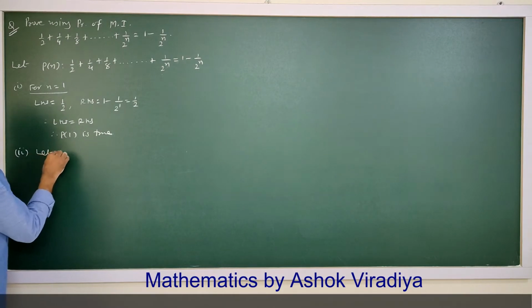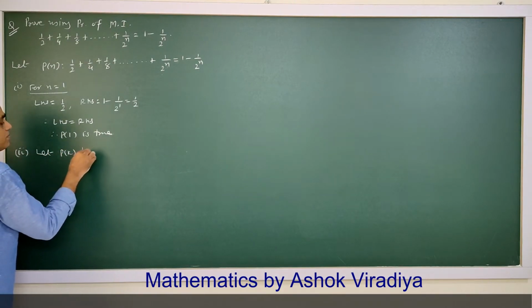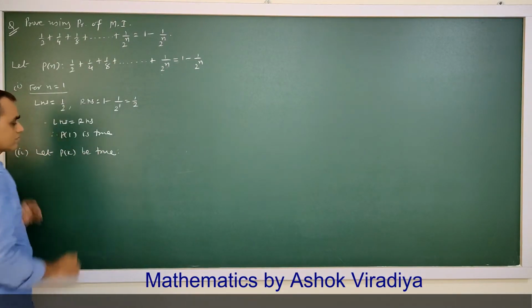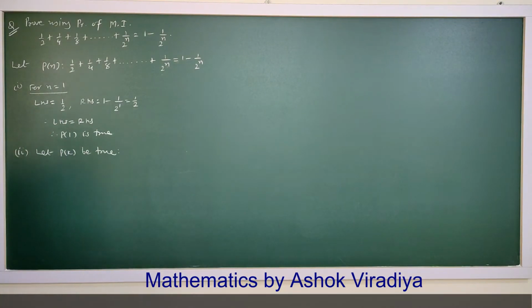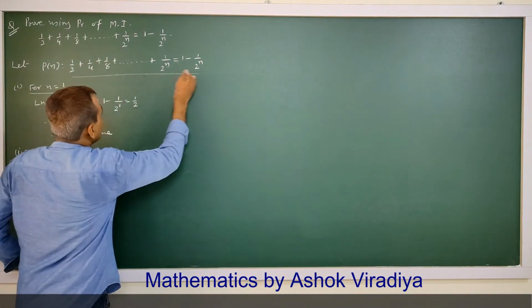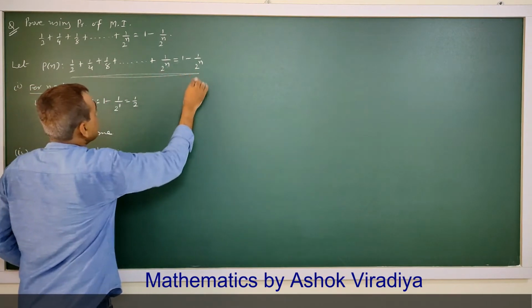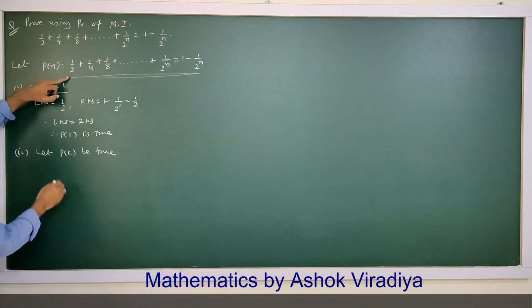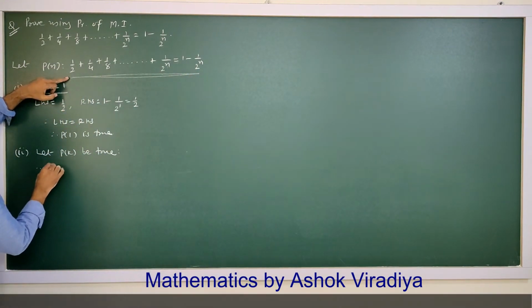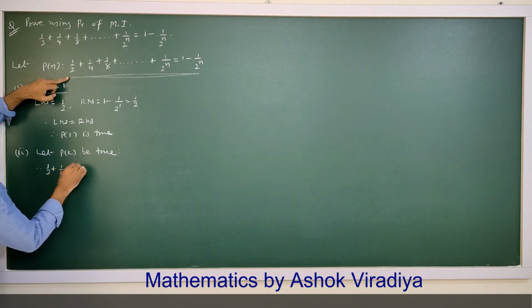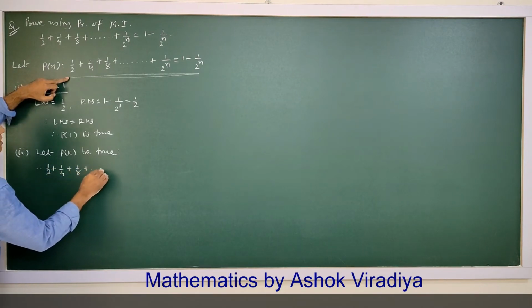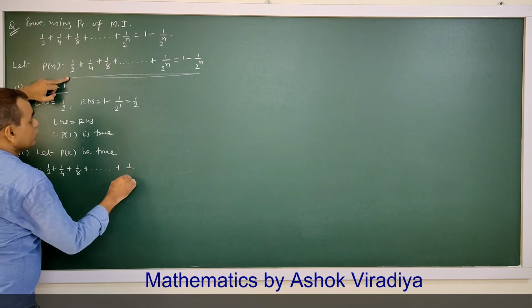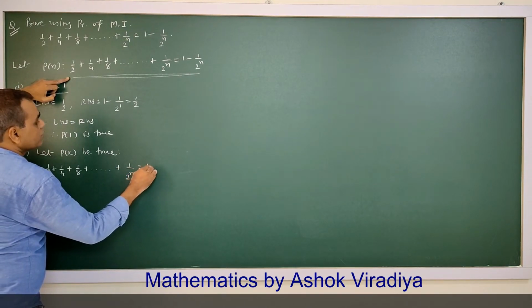Let P of k be true. So we repeat this statement for n equal to k. So 1 by 2 plus 1 by 4 plus 1 by 8 plus up to 1 by 2 to n is 1 minus,